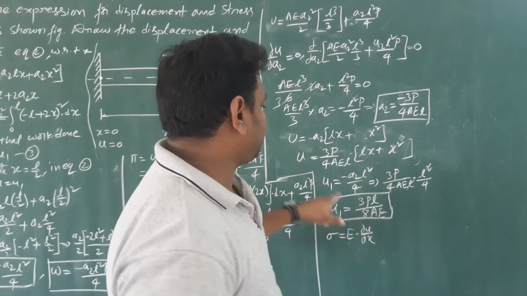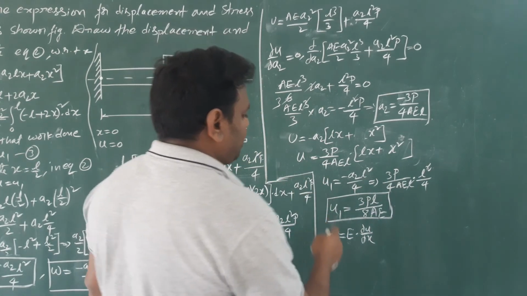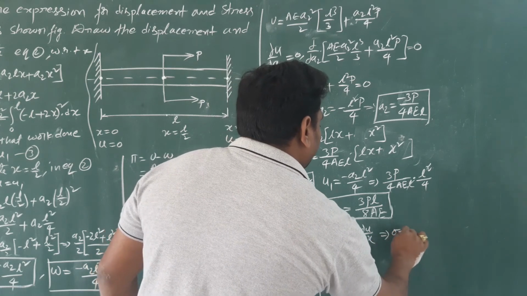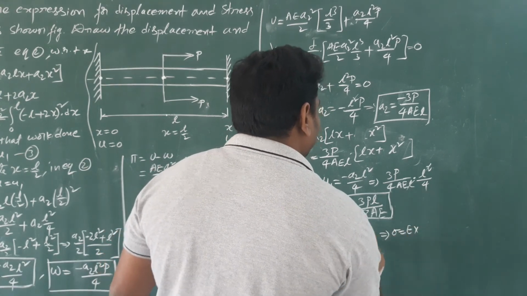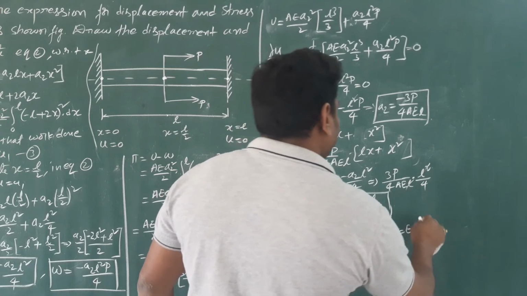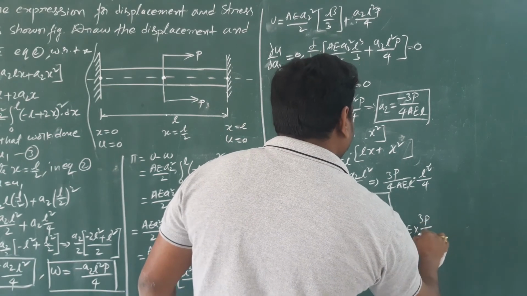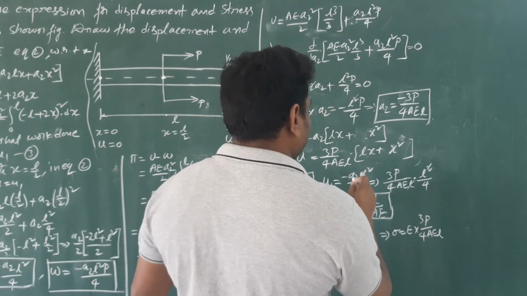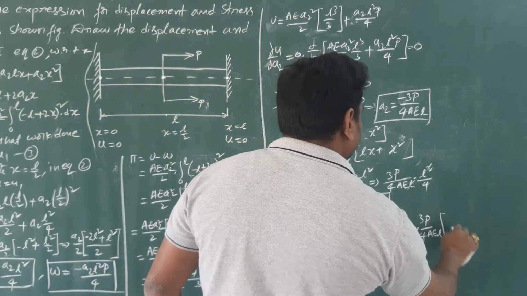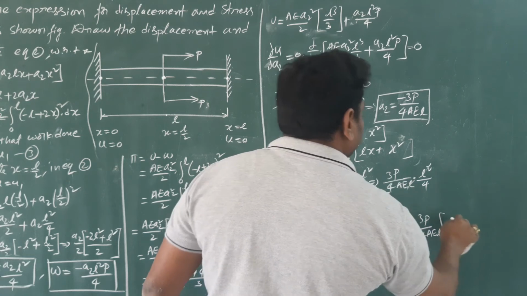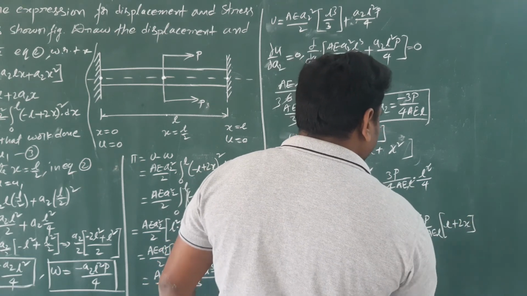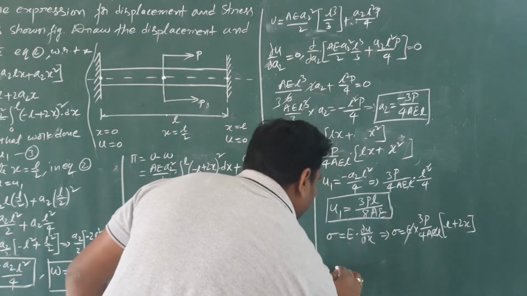Differentiate this entire equation with respect to x, you will get dou u by dou x. Sigma is equal to E into dou u by dou x, means 3P by 4AEL into differentiate L plus 2x. This is the stress. E cancels, remaining is sigma